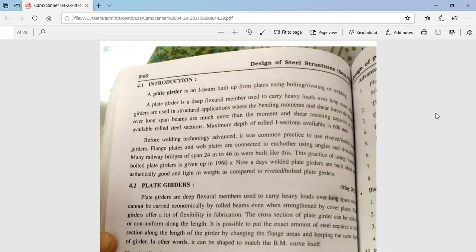Before building technology advanced, it was common practice to use riveted or bolted plate girders. Flange plates and web plates are connected to each other using angles and rivets or bolts. Many railway bridges of span 24 meters to 46 meters were built like this. This practice of using riveted or bolted plate girders was given up in the 1960s. Nowadays, welded plate girders are built, which are aesthetically good and light in weight as compared to riveted or bolted plate girders,